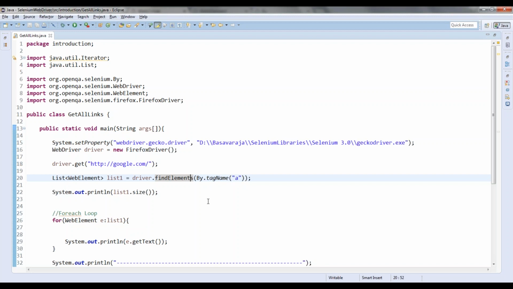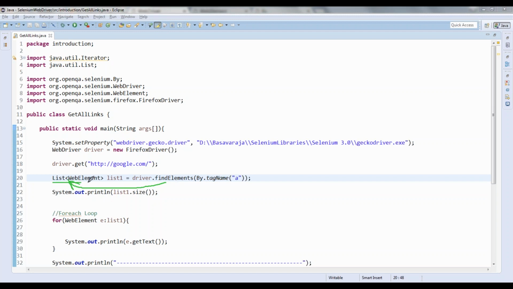It will find only one element. In the entire HTML page, if I'm passing name as Pradeep, and I have 10 elements with the name Pradeep, then it will show me the first element. That's all. But if I want to get all the elements with the name Pradeep, then I should go for find elements, for finding multiple elements. These find elements will return a list of web elements.